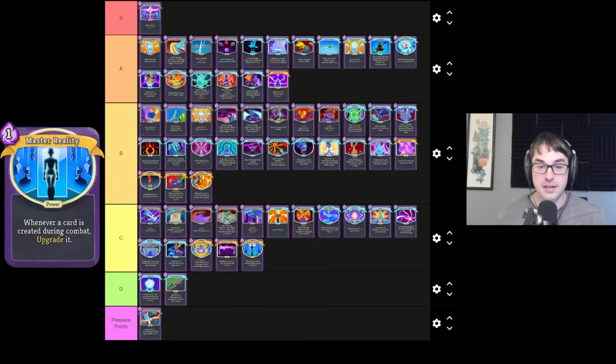And when Master Reality is best is with, of course, the relic Dead Branch. Dead Branch generates a random card directly into your hand whenever you exhaust a card. If you have Master Reality, those cards will be upgraded, and that combo is very strong. It also notably works with Nilri's Codex or any other relic or potion source of card generation. Master Reality will upgrade your attack potion, your power potion, your skill potion,